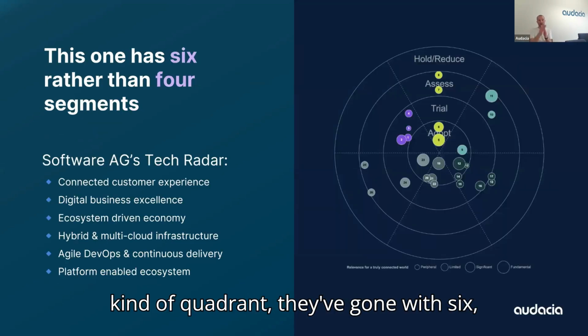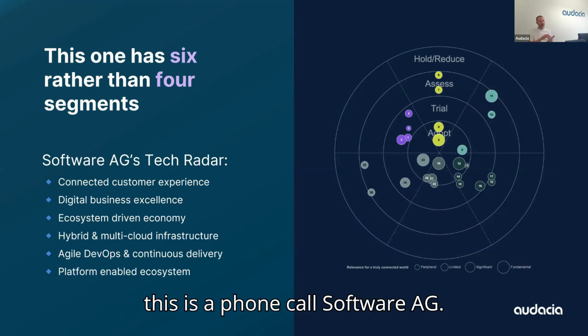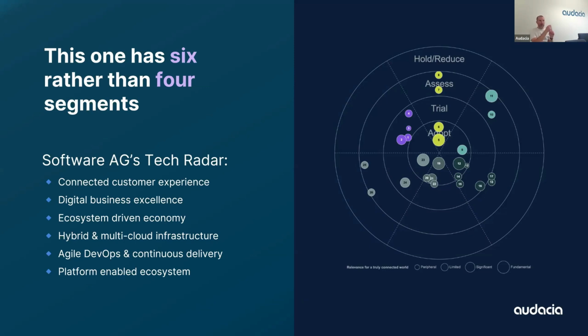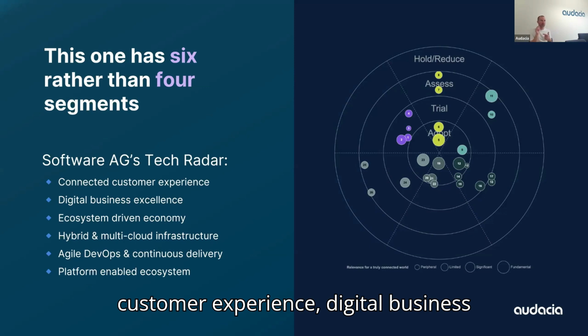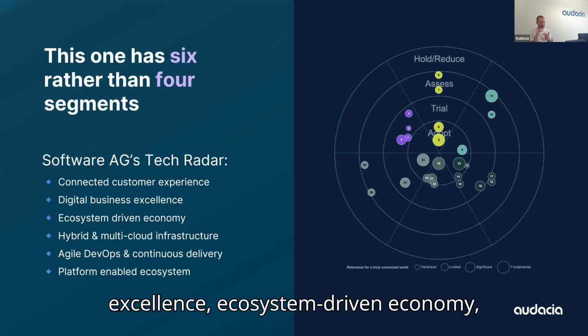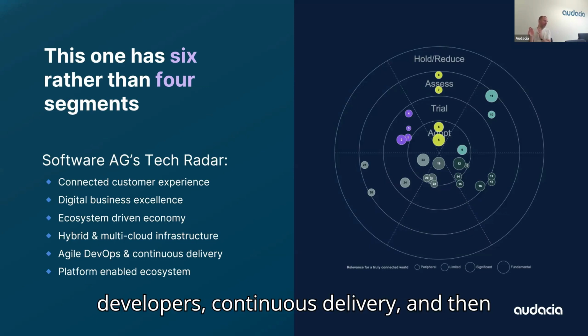They're not in the kind of quadrant. They're not 4. They've gone with 6, and theirs are very, very different. So this is a firm called Software AG. And their 6 segments are connected customer experience, digital business excellence, ecosystem-driven economy, hybrid multi-cloud infrastructure, agile DevOps, continuous delivery,